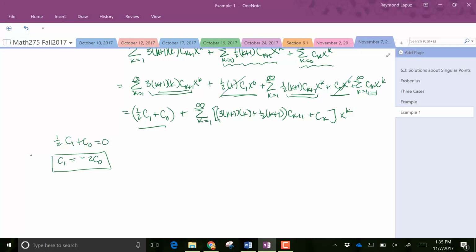We're only going to get one solution from this work, which means Frobenius tells us that the other solution is going to come in the form with an r in it. And we're going to get there. If I set this equal to 0, our relationship is going to be c sub k plus 1, because that's what I want. c sub k plus 1 is going to be negative c sub k, and then divide by this whole constant. Is there anything we can work out here? Maybe factor something out? We can factor out a k plus 1.